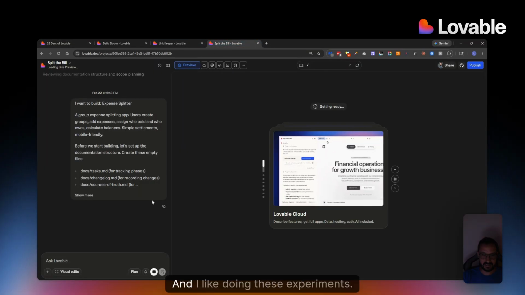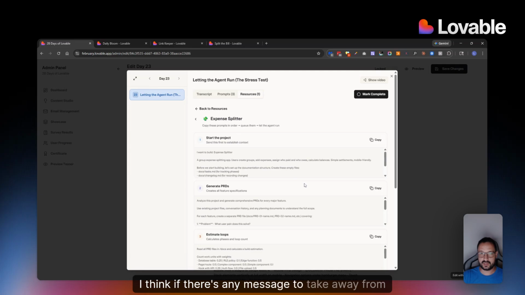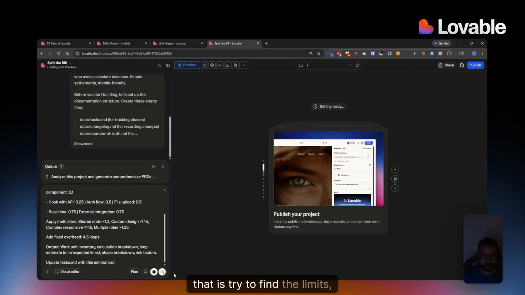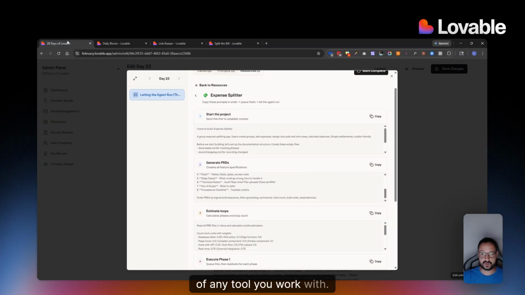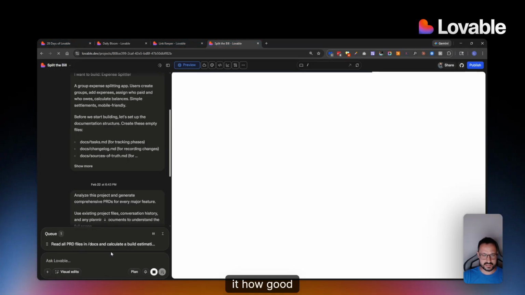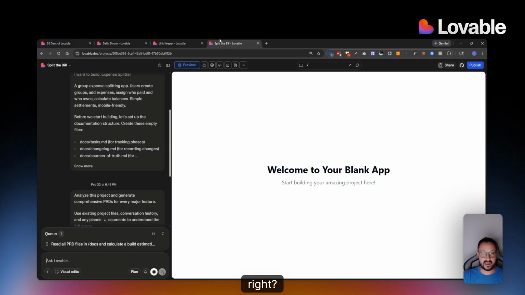Generate the PRDs. And I like doing these experiments. I think if there's any message to take away from today, it is: try to find the limits of any tool you work with. Try to understand where it is, how good it is at making these judgment calls, and understanding